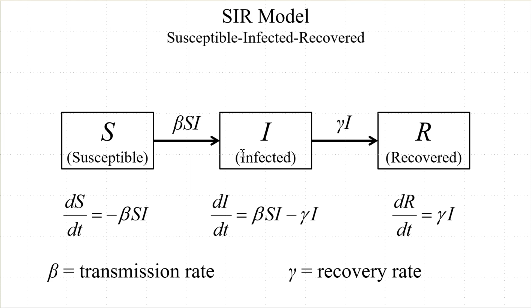Now, you lose infected individuals from this pool because they move into the recovered pool as they move through. Right? And so we have a negative gamma I term in this equation, and the description of the frequency of recovered individuals change over time is simply gaining those individuals into the recovered class. Right? So these are the three coupled differential equations that drive this SIR model. And this is the basic SIR model that most epidemiologists start with when they're talking about disease dynamics in a